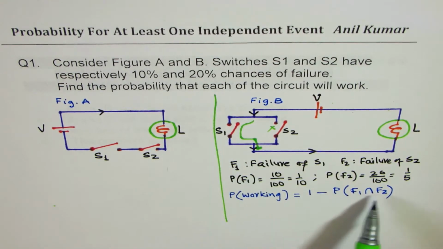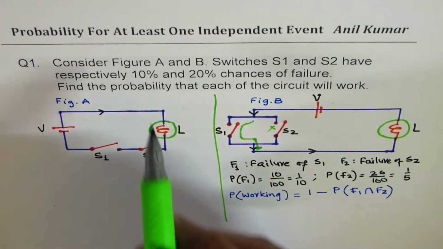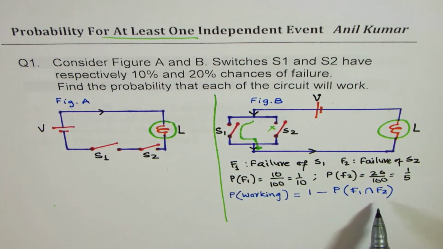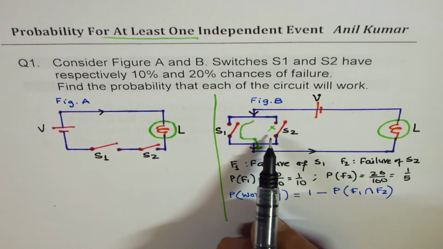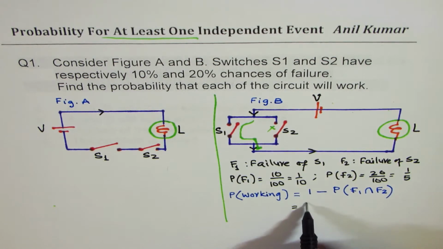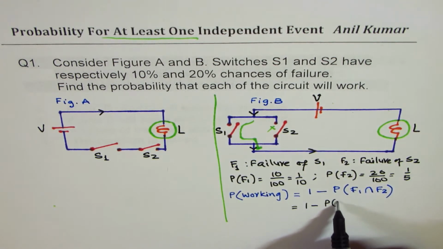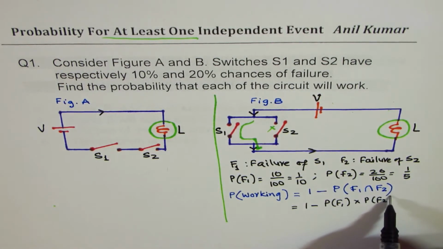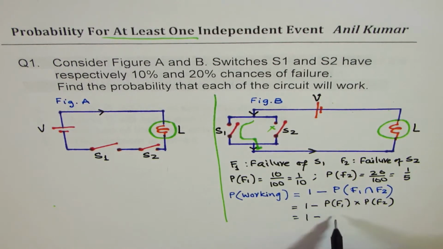So one take away both failure gives us the probability that the circuit will work, or it is a case of at least one independent event is success. Do you see that? Now, since those two events are independent events, we can always write this as 1 minus probability of failure of first times probability of failure of the second one, right? That is equal to 1 minus 1 over 10 times 1 over 5, or 1 minus 1 over 50,